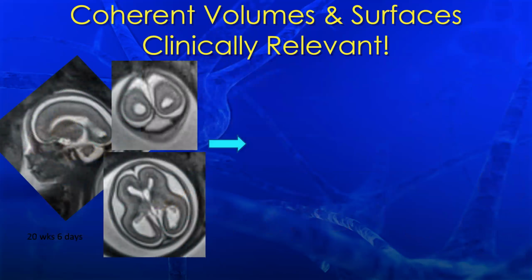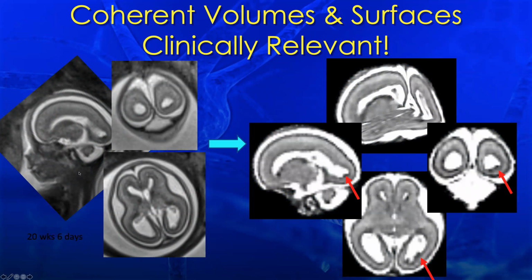And just to show you how in the midst of doing this, we found some really important features that I think are useful even for clinical service. This is a 20-week fetus where there were cerebellar abnormalities, and no other cerebral abnormality was detected despite 2 reads when this study was acquired. But when we ran the reconstructions just as a test to see whether we might be able to put these 3D volumes into the standard clinical workflow, we could see that there clearly are these heterotopias